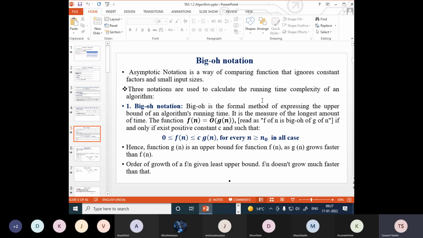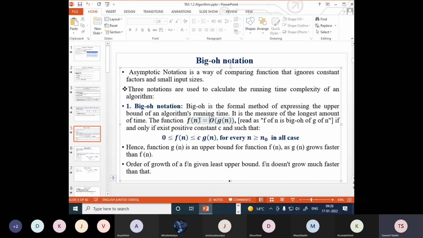Again, these big O, theta, or omega, these asymptotic notations are a means to compute the time complexity of an algorithm. This is not something new. Only we take approximate analysis or calculation here. So if we have a look at the big O, what does it say? It is written as f of n is equal to big O of g of n,